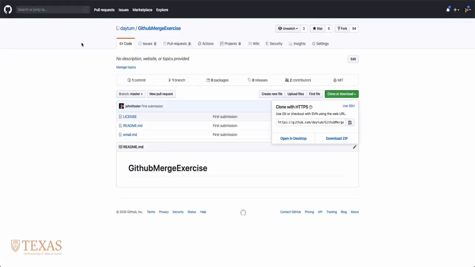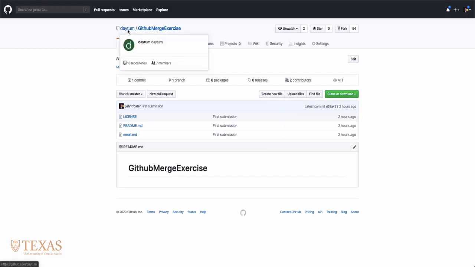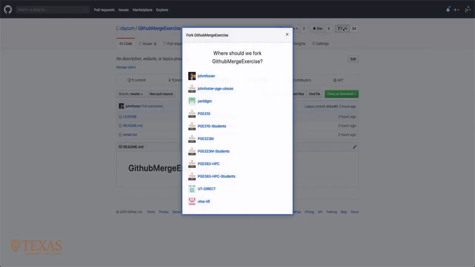So I have an example here we're going to look at. Under the Datum organization, there is a repository called GitHub merge exercise. And so the first thing we want to do is create a fork of this exercise, right? So if I click fork, in my case, I belong to a lot of organizations, so it's going to ask me which should I fork it to, and I'm just going to fork it